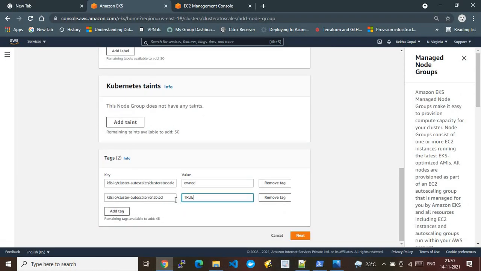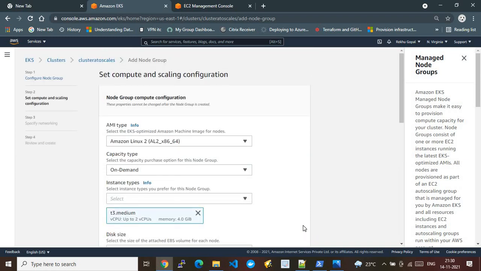So it's very mandatory that you maintain these 2 tags on your node groups. Why do you need to maintain these tags? In the sense, these tags will be referenced by our autoscaler pod deployment. That pod will refer to these and set up the required autoscale configuration at the Kubernetes management control plane. So that's the reason we have to maintain that.